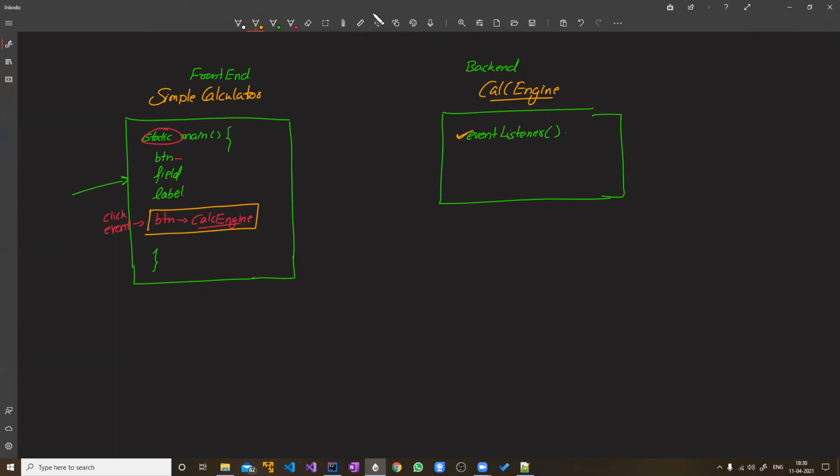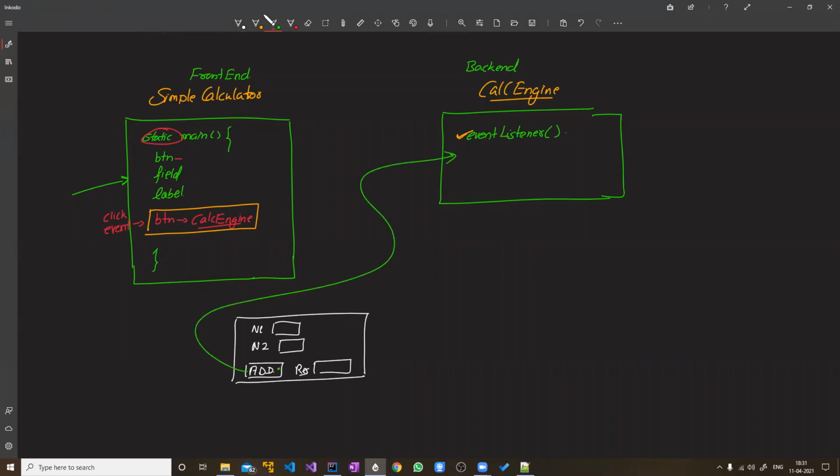In a proper application, for example, this calculator, let's say we have num1 field, num2 field, and you have an add button. So when this add button is clicked, you actually want this result field to be updated. Right. That is what you want. So when this add button is clicked, what will happen? It will go to this event listener. But what does that event listener have to do now?